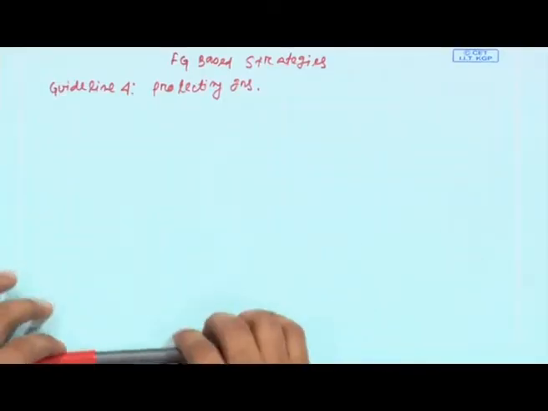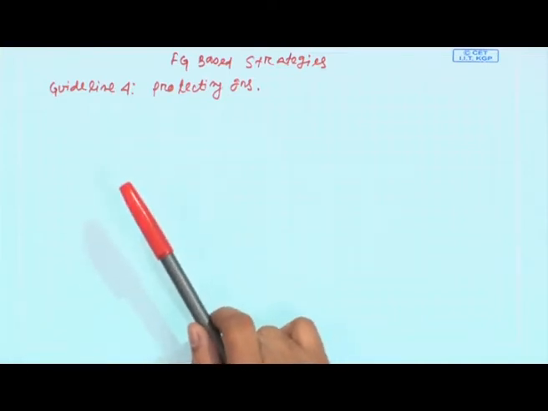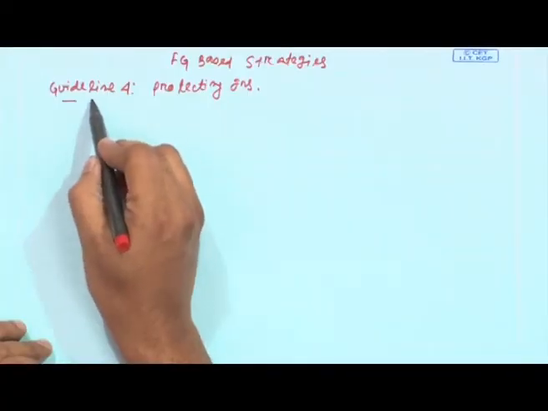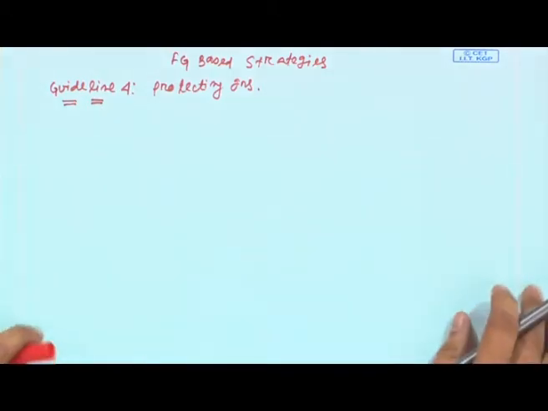So, welcome back everyone. We are discussing functional group based strategies for a given target, and we are following 6 different guidelines. In the last couple of lectures we talked about guideline 4, where there are several strategies that need protection and deprotection. If you have a chemically labile functional group which needs to be protected, you do the protection with a suitable protecting group and then do the FGI with the remaining functional groups, and at the end of this synthetic strategy you just deblock or remove the protecting group.